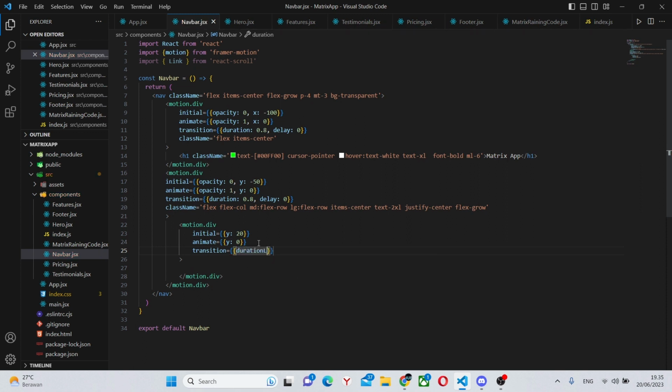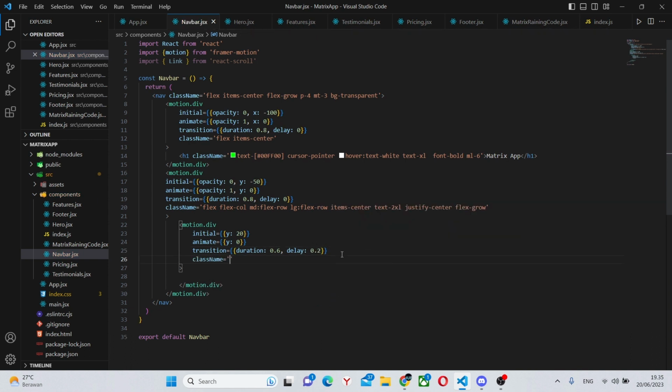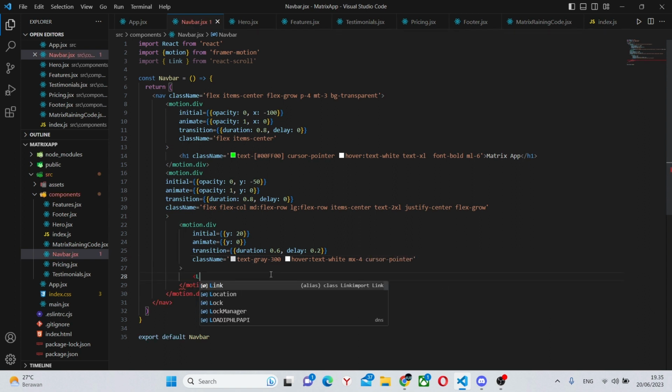So a duration of 0.6, so it's going to be faster, but it's going to have a delay of 0.2. And it's also going to have a class name of text-gray-300, hover text-white, margin x-4, cursor-pointer.